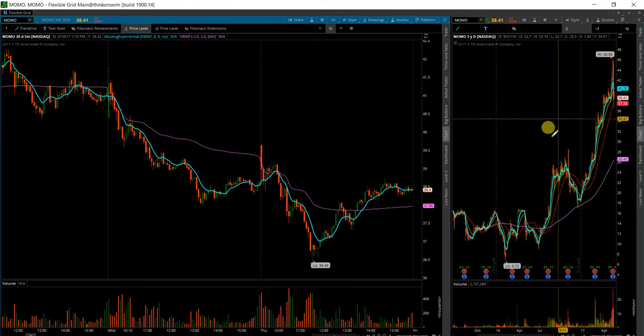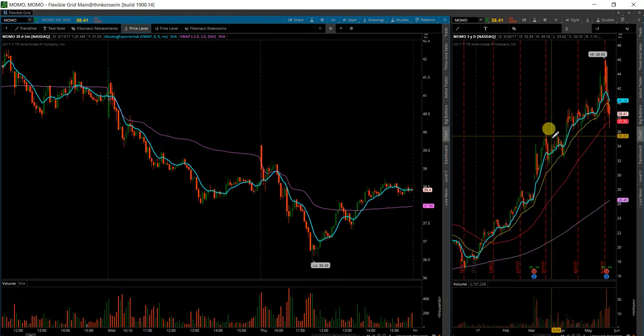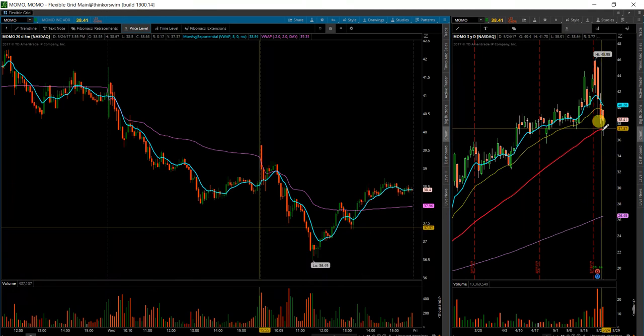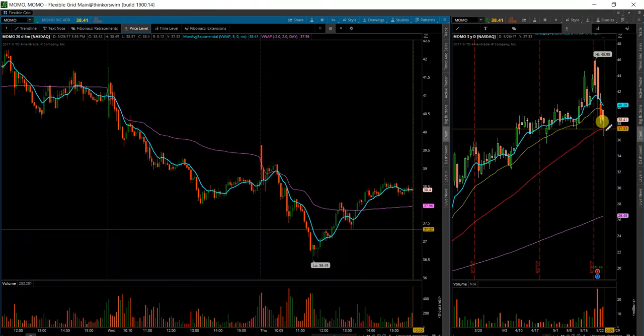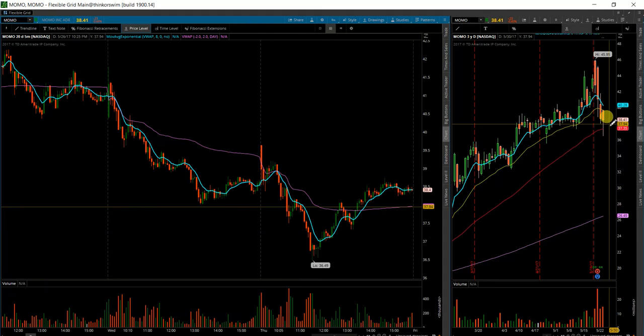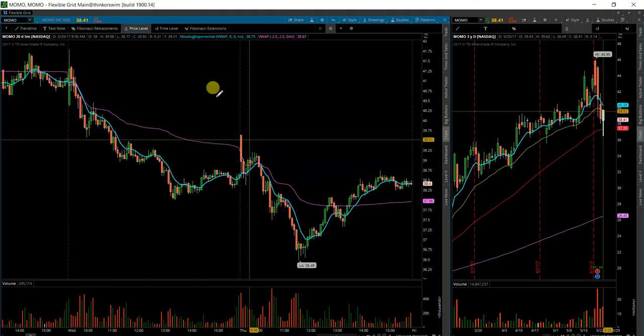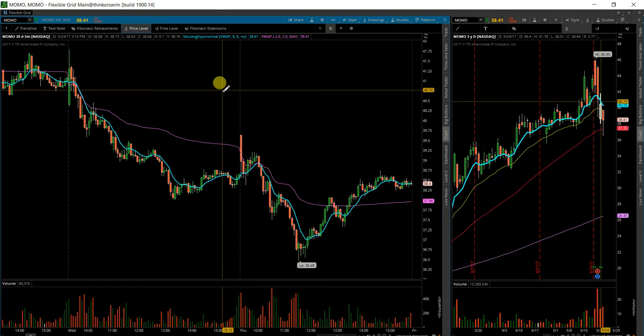The overall long-term chart does imply that it is ready for a pullback, or at least due for a pullback. The fact that it pierced the 50 means there's not as much strength there as there could have been, and bulls may be losing some strength. Now going forward here, because the majority of my trades are bullish, I see a couple of possible pattern plays here